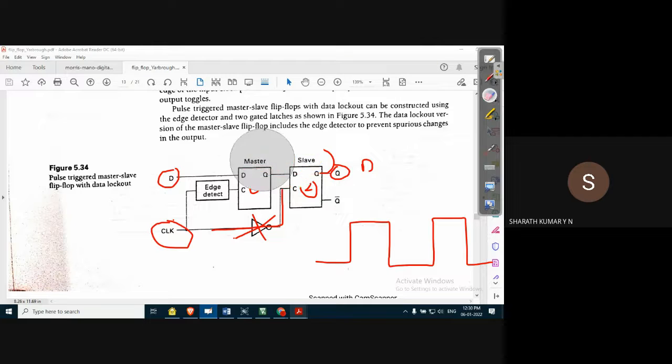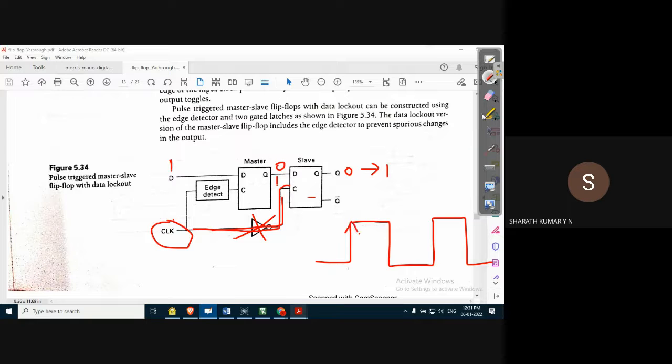Initially, let us understand this with respect to this initial condition. Let us say initially the output of master is 0 and the output of slave is 0. Obviously, because input is 0, output should be 0 anyway. Now, let's say we provide input D as 1. The output Q changes to 1. Because of the same clock pulse applied, this slave output also will change to 1. Nothing wrong, ultimately the slave output should also change, but this is happening at the same edge of a clock pulse.